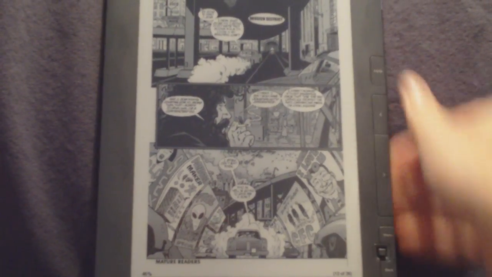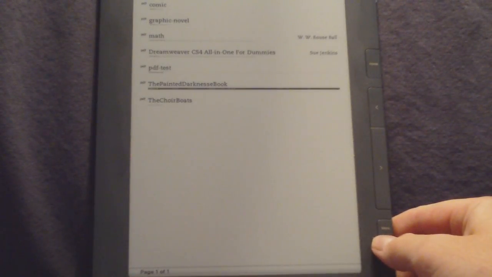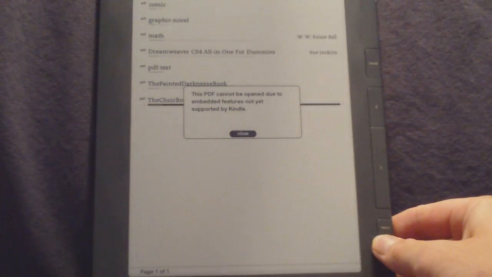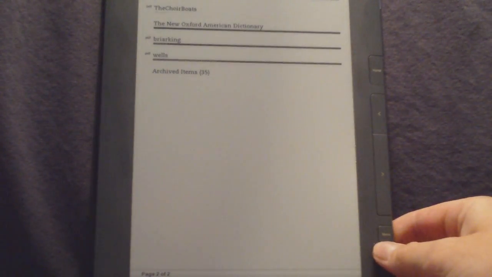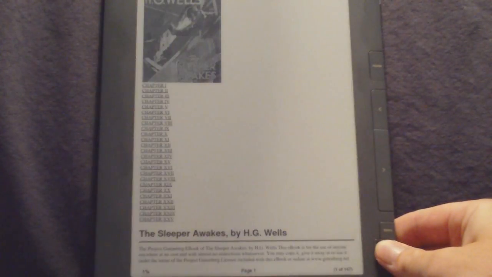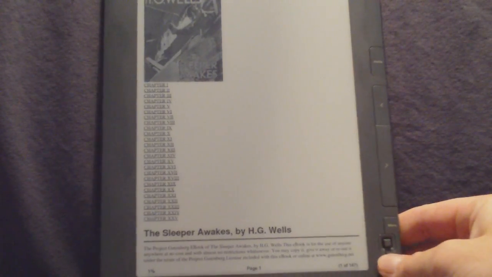Let's see, lastly, I guess I'll show you one last thing here regarding PDFs. Just like a regular PDF ebook. So there's no reflow with the Kindles. Oh, that's interesting. Let's go back here, back to the home. Got that Wells one. So for regular PDF, another thing about PDFs is the